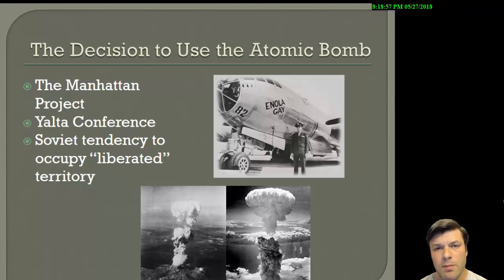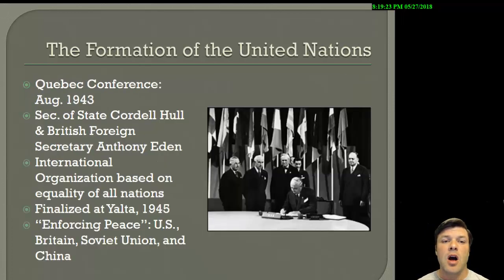And so one of the motivations that we have in getting Japan to surrender quickly is we can tell the Soviets there's no need for you to come over here. You guys can just stay there in Moscow and we'll call you if we need you. And that's essentially what happens. We don't require that Soviet help that we had agreed to at Yalta. And so that is another very motivating factor when it comes to our decision to use the atomic bomb.